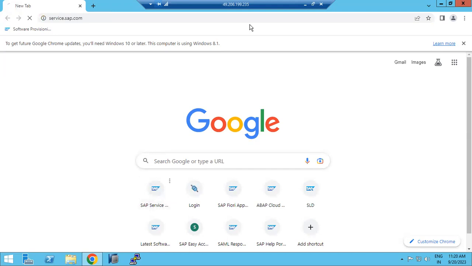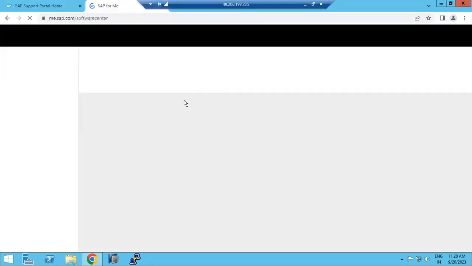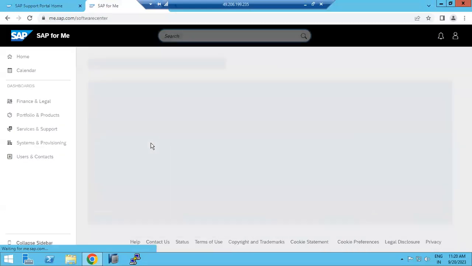Once we log into the SAP marketplace, you will see here. Once you open the software download center,